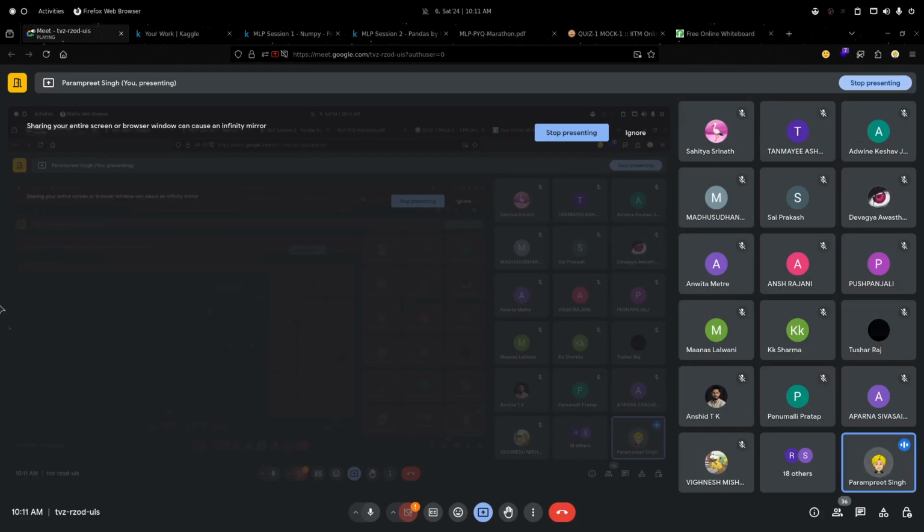Exactly. Let me show you simply. It is loading, just give a minute. So I'll just run it, and numpy and these are already imported. So you mean to say something like this, if we have a 2D array, in the first list we have 2 elements, and then in the second list we have more than 2 elements, right? If we run this, we'll get an error that the dimension doesn't match.